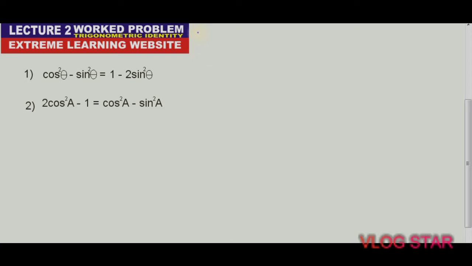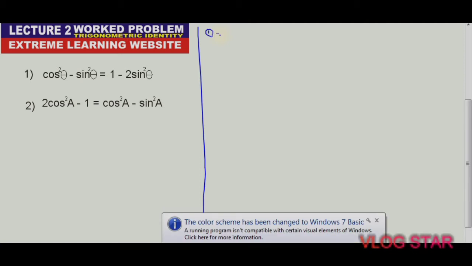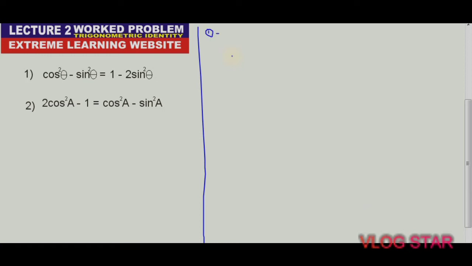So first of all, let's have the first question. Question 1: we're told that cos square theta minus sine square theta is supposed to give us 1 minus 2 sine square theta. So what are we going to do there? We have this now on the board. We are given that